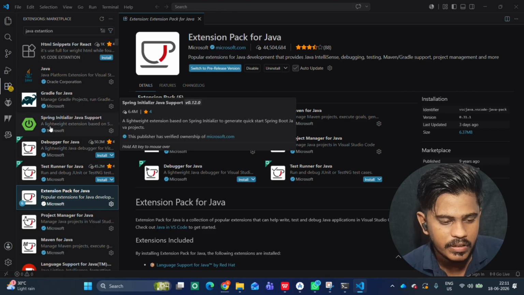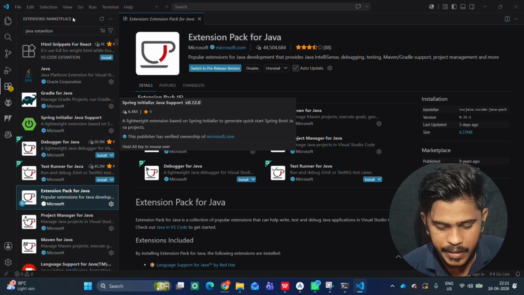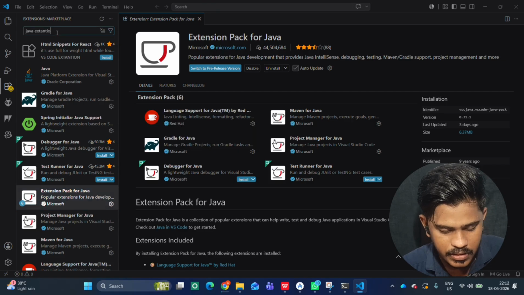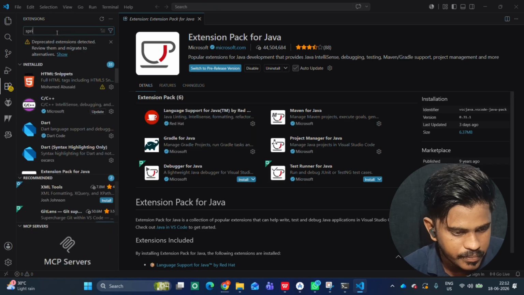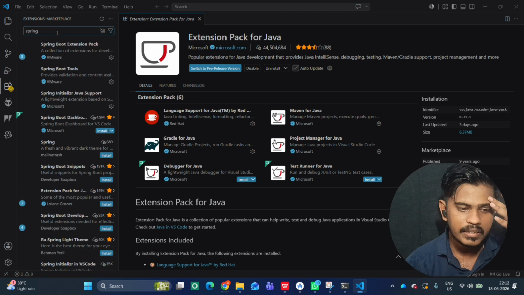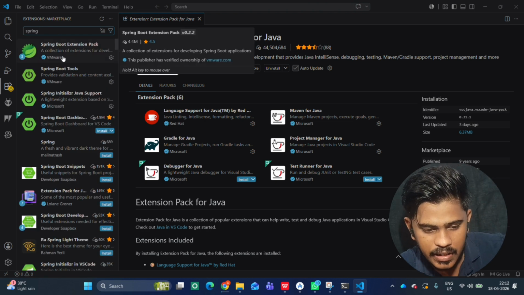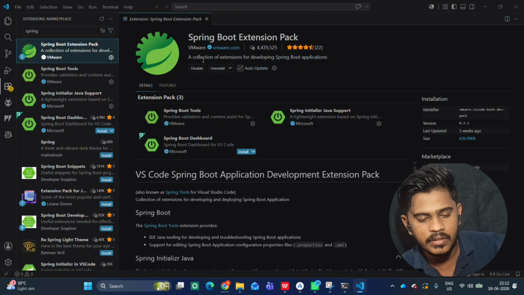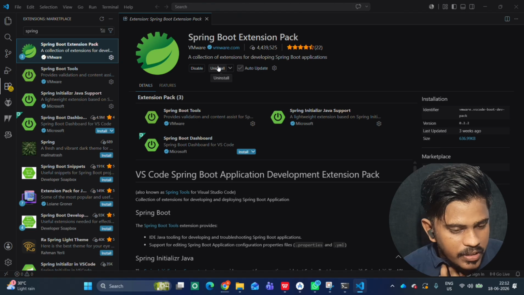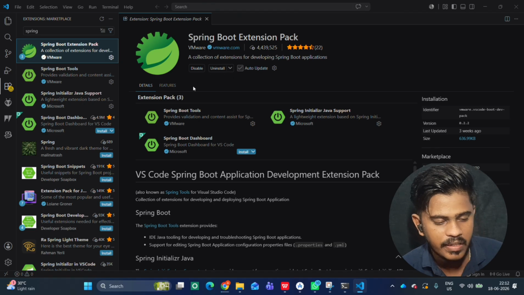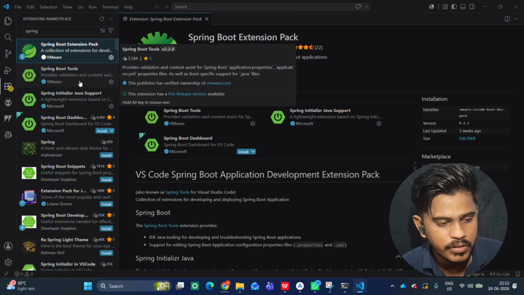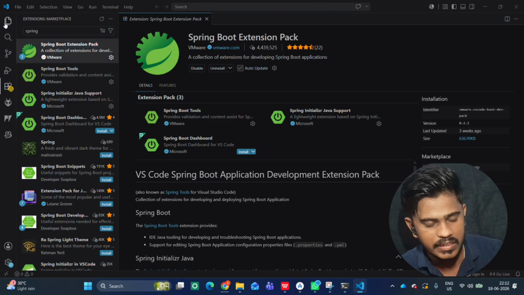Next, you want to install the Spring Boot extension. Simply search Spring. Here you will find the Spring Boot extension pack. Install this pack also. Install two packages here. After installing these two extensions in the extension bar, you need to simply open the folder that you have extracted,